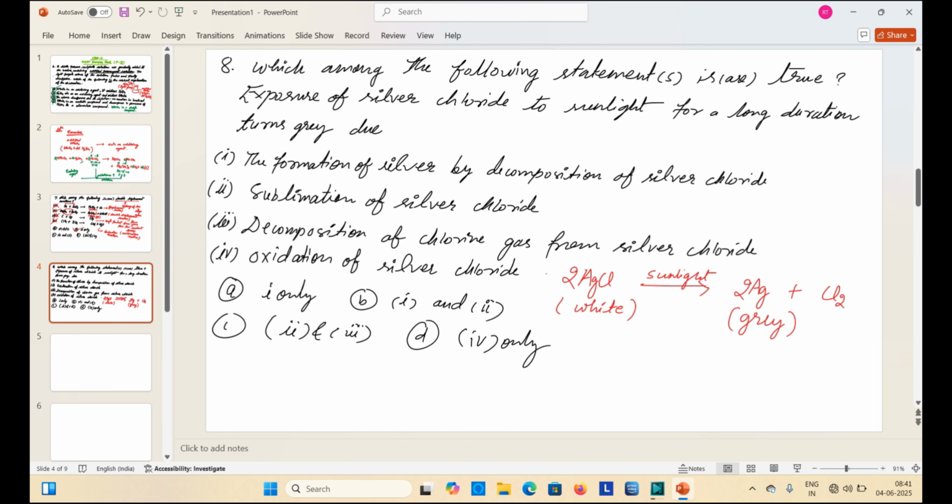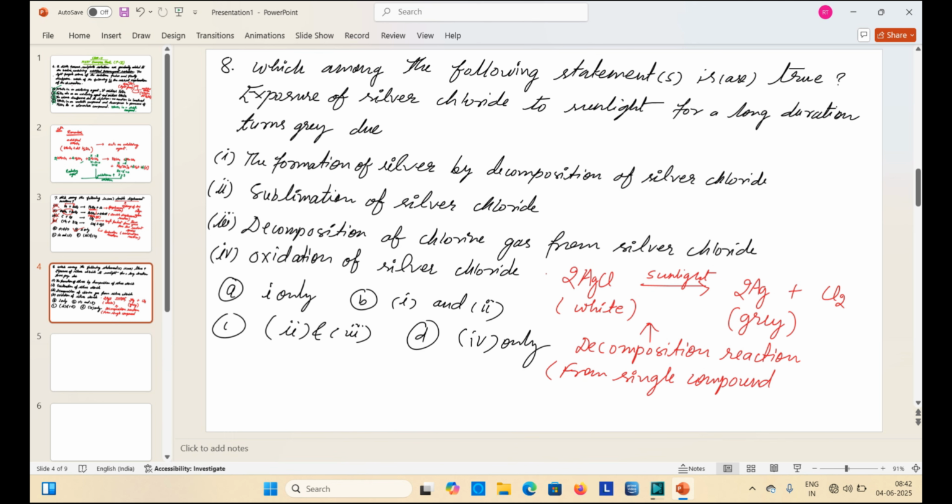So it is a kind of decomposition reaction, a reaction where a single compound